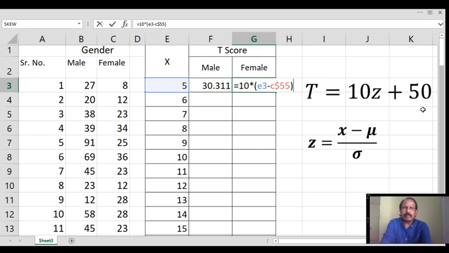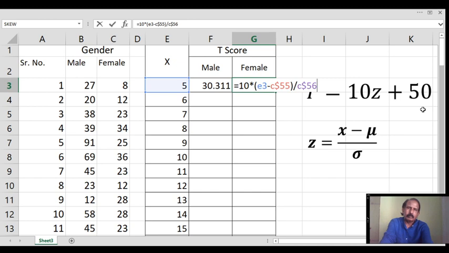Now we have to divide the result of this entire expression by the standard deviation of female. So we put a slash sign for division. Then we divide by the standard deviation of female, which is found in C56. So we write here C56, and again we have to remember that the standard deviation will remain common to find the t-scores of all the remaining numbers in terms of female. So we have to freeze the cell address of the standard deviation of female. For that, we write a dollar sign before 56.